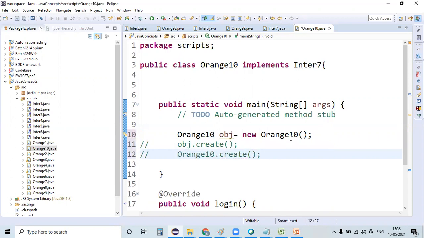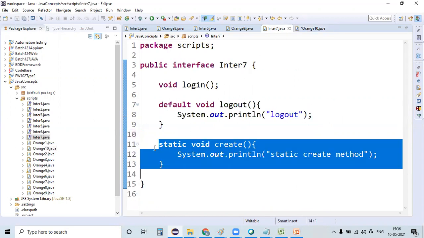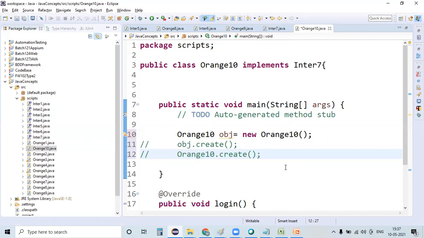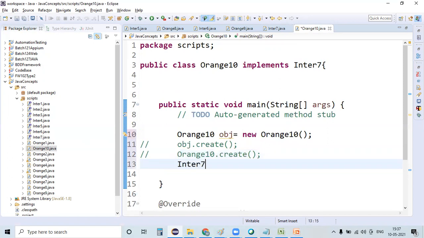So I can conclude that whatever interface static methods are there, you can't use those methods directly inside the implementation classes. As these methods were not directly available for the implementation classes, there is no possibility of overriding static methods. Then how can I access these static methods directly?